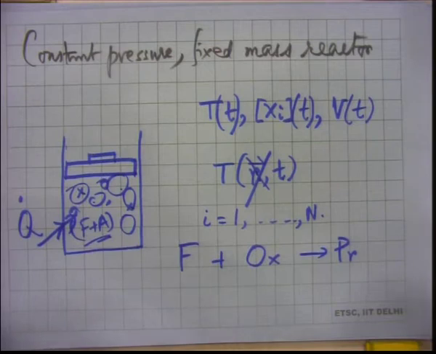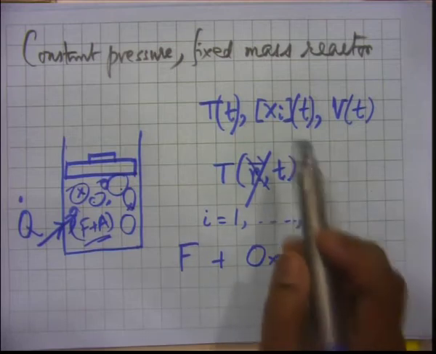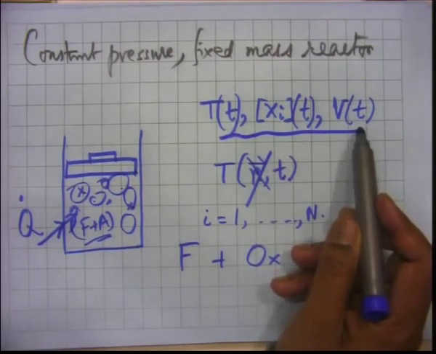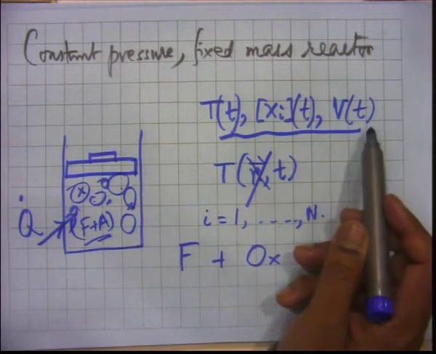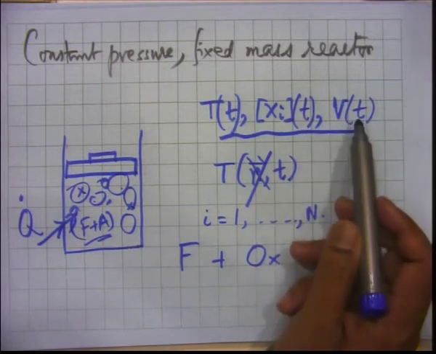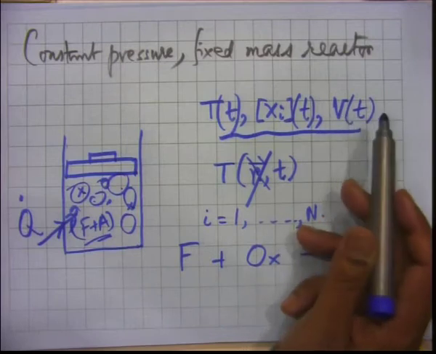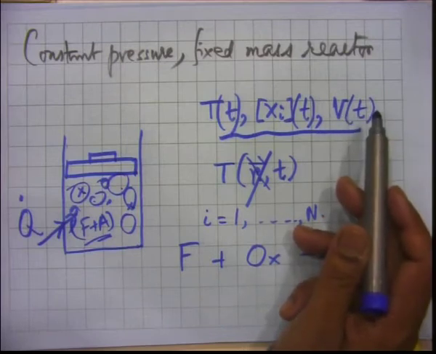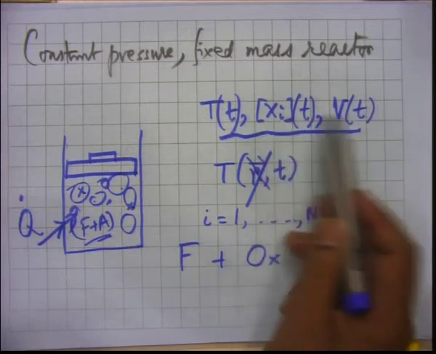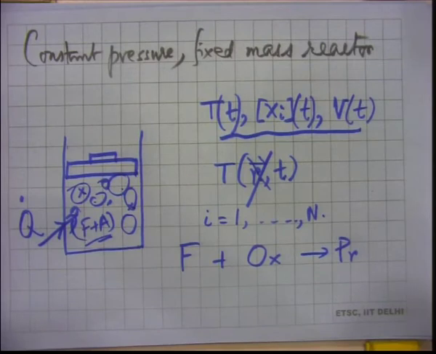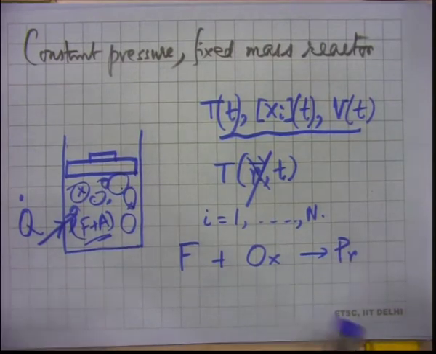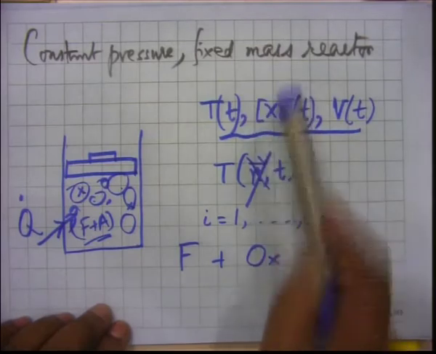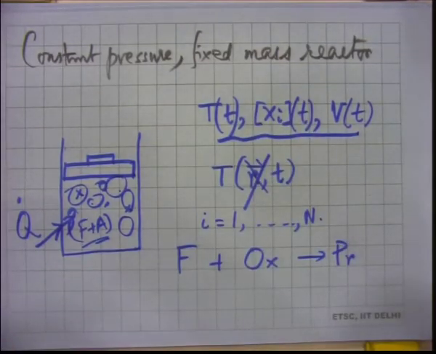Can you go less than 3? No, it will not be less than 3. So when you said we get only 3 variables, you are being extremely optimistic. So the minimum that you can get by with is 5. So that's unfortunate in the sense that you have to do more work. If it was 3 as you were hoping, it would have been easier. Anyway, the number of species concentrations can be 3, or it can be more than 3. It can be much more than 3, depending on the number of species that you assume.